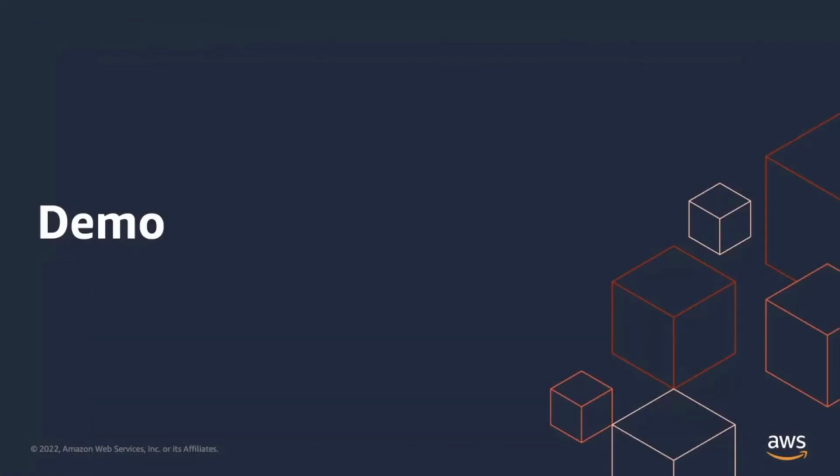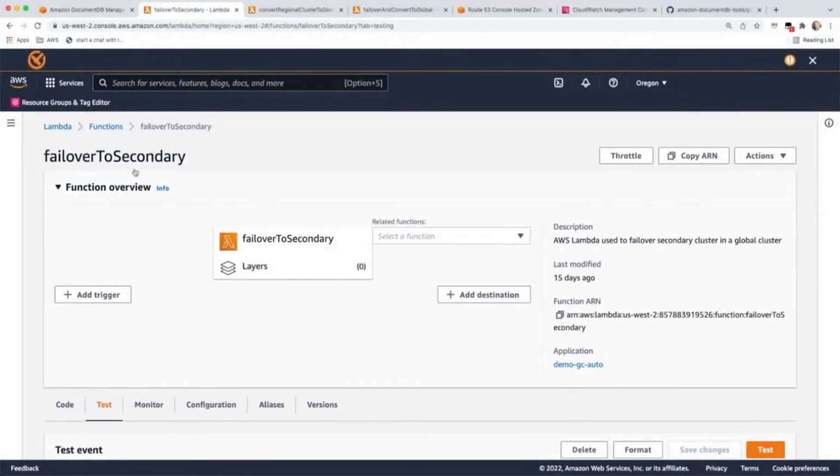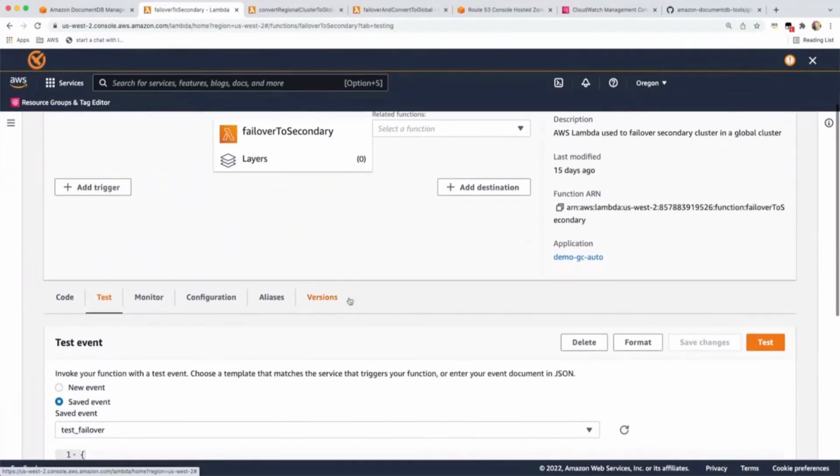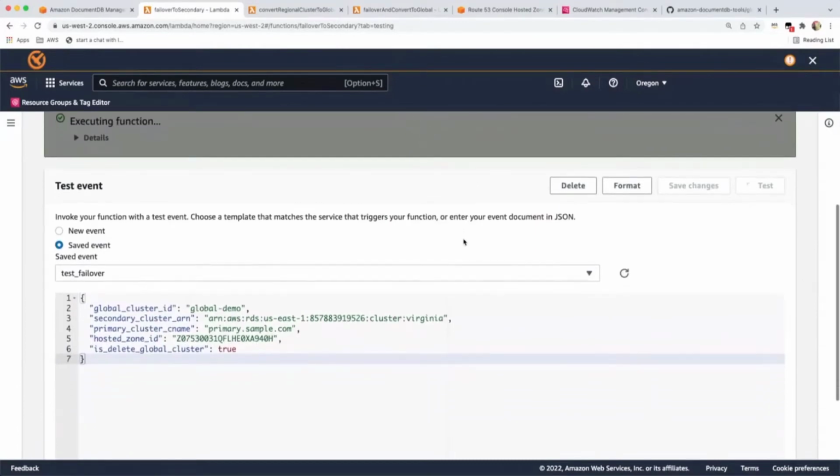So now let's take a look at a demo to see how this DR automation solution looks like. Let's navigate to the AWS console and see the solution in action. Okay, so I'm here at the AWS console for Lambda functions, and here is our first Lambda function, failover to secondary. So I'm going to trigger this Lambda function, and while this Lambda function is running, let me explain what's